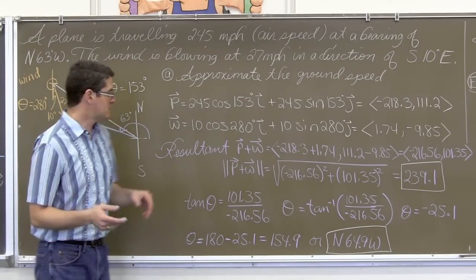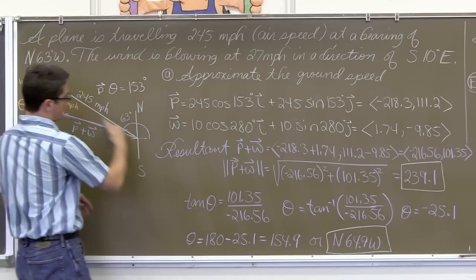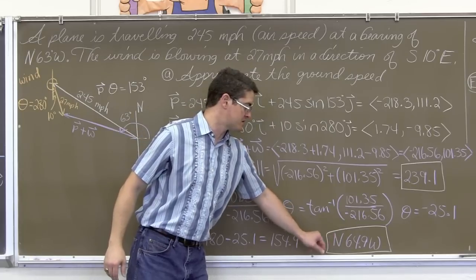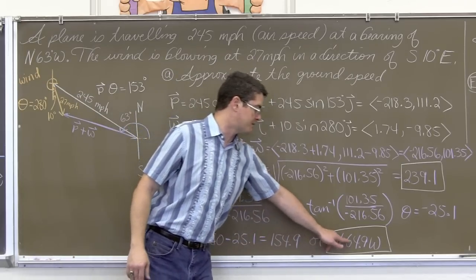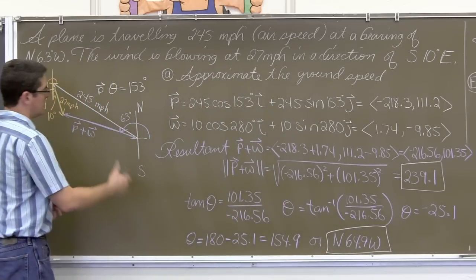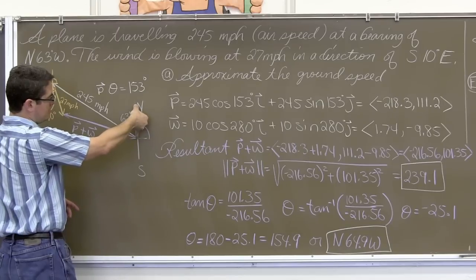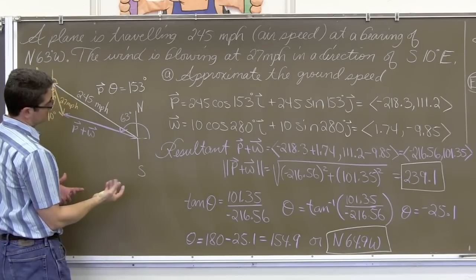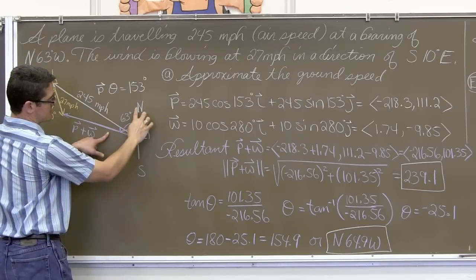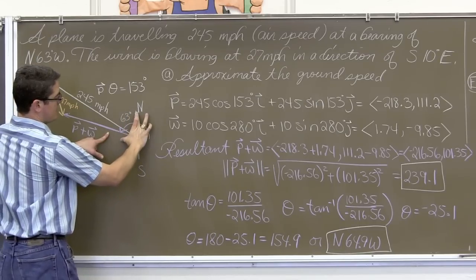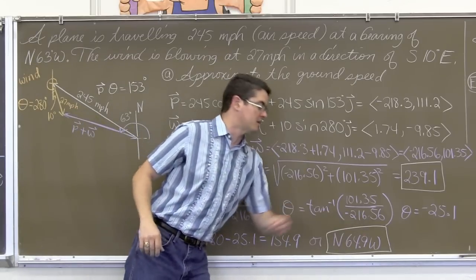Now, if the whole problem starts off in bearings, your teacher's probably going to want that final answer in bearings as well. So, with bearings, you either reference north or south, and clearly in quadrant 2 we're closer to the degree of north, or the direction of north. So 154.9 is north, 64.9 west. Or, well, let's see here, we've got 90, and how do I want to work this out? Oh, well, this reference angle is 25.1 degrees, so I can do 90, which is the difference between north and west. Take 90 and subtract away the 25.1, and you get your 64.9.